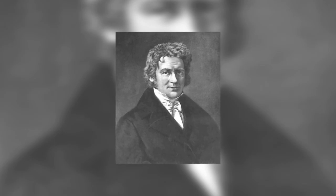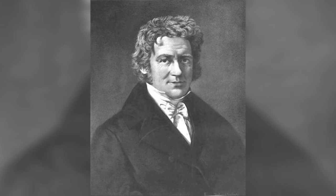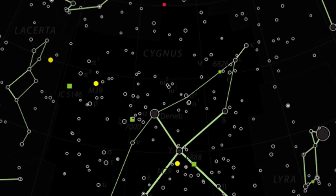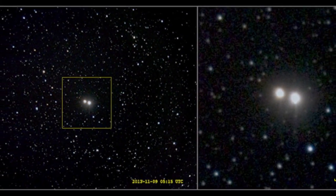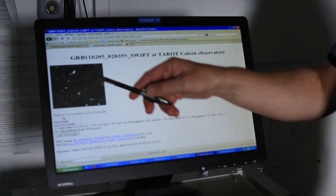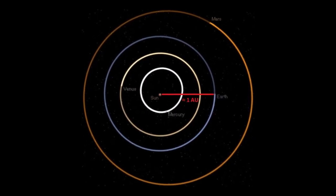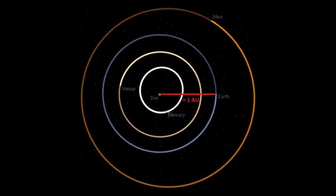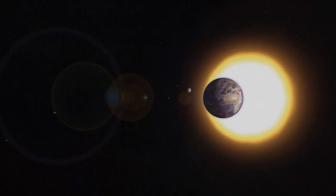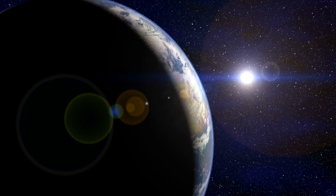The light year was first used by Friedrich Bessel in 1838. He used it in an article he wrote about the distance of the star 61 Cygni. At the time, the favored unit of measurement for astronomical distances was the astronomical unit, or AU. The AU was based on the radius of the Earth's orbit, which is 1.50 times 10 to the 8th power kilometer, or